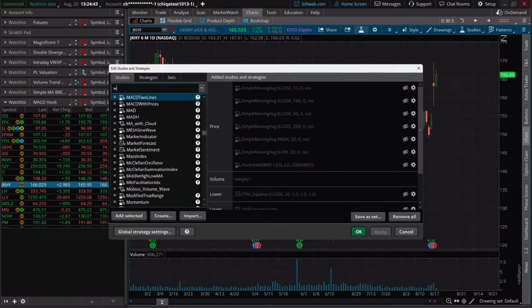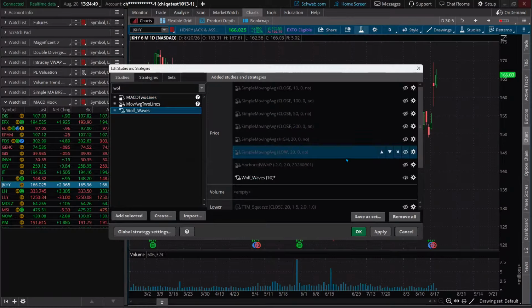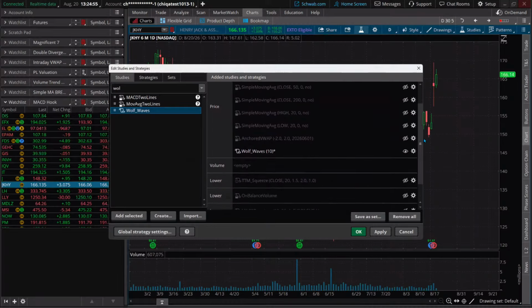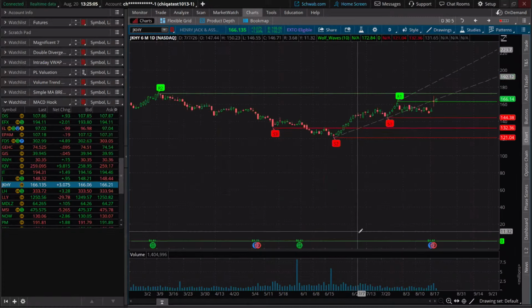Now, this is going to be Wolf Waves by Mobius. Very popular indicator. As always, I want to make sure you guys have these when they come out, and I try to adapt them a little bit. That's kind of the contribution I make in terms of a scan. I think most of these, the vast majority, are just indicators. And there are different ways to do it, but I was looking at the most bullish way today, and I'm going to talk about it right now. So this is what we've got.